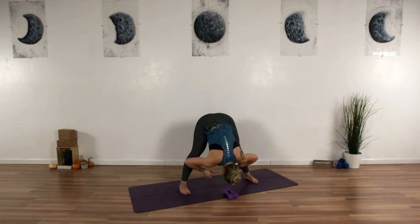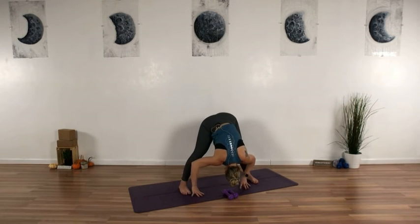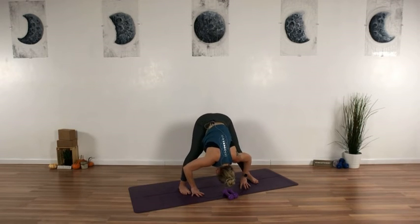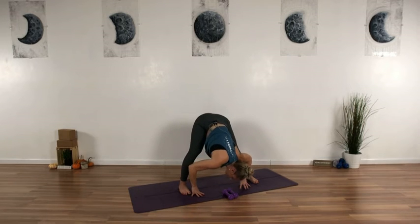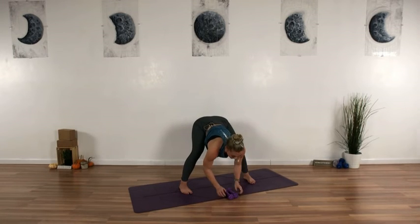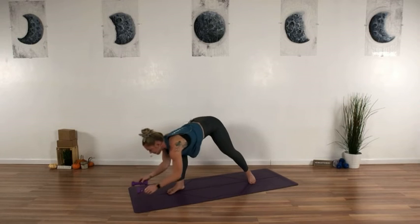Take a stretch. Release your head, neck, and shoulders. You can kind of sway from right to left. Give yourself a little moment here. Couple of nods, yes and no, just kind of settling into that little moment of stretch. Look forward, halfway lift, breathe in. On your exhale, soft bend in your knees, grab onto your weights, set them at the top of your mat,